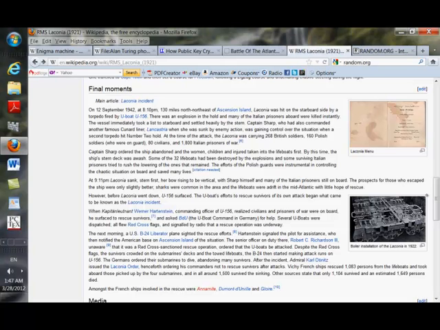They surfaced, they remained on the surface, and they assisted as many as they could in a very efficient way. Captain Hartenstein